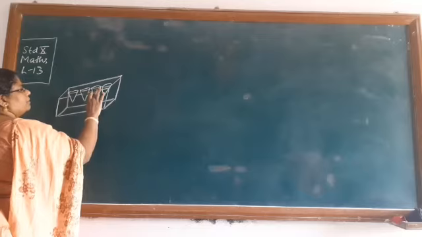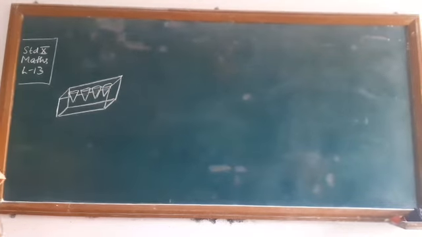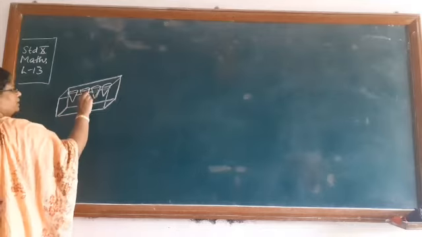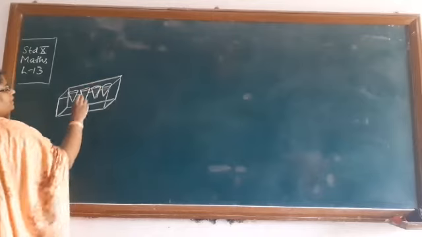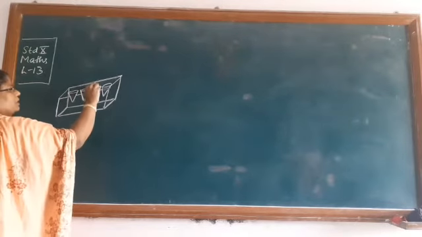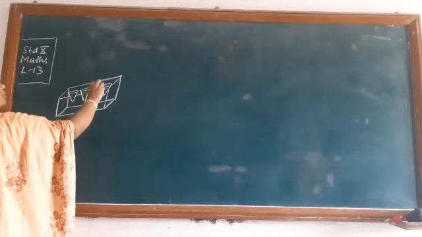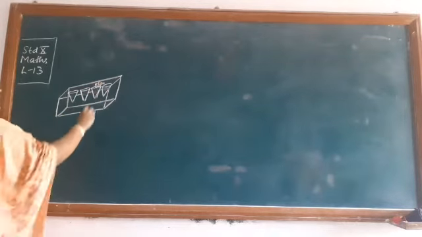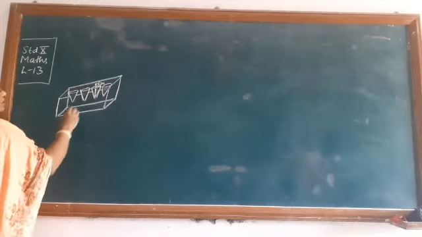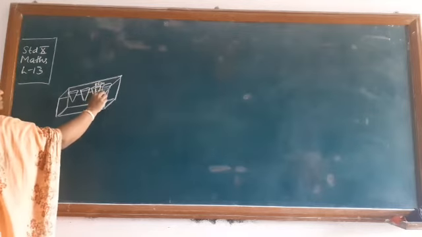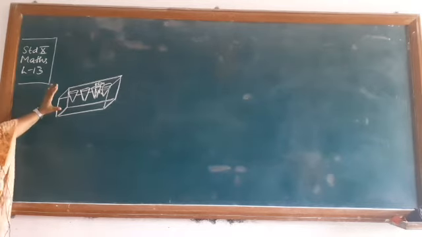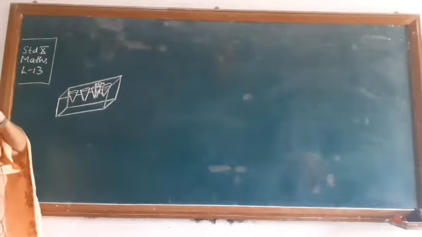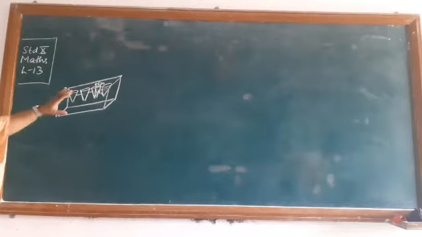To hold the pen. So there are 4 conical depressions which you observe here. Okay, this is how. And this radius is given to us, also the height is given to us. Okay, what is the radius given? It is 0.5 centimeter and the height is given as 1.4 centimeter. Okay, so this is how the pen stand is. It's a cuboidal shaped pen stand where 4 conical depressions are there, and you are asked to find out what is the total volume of the wood present in this pen stand.